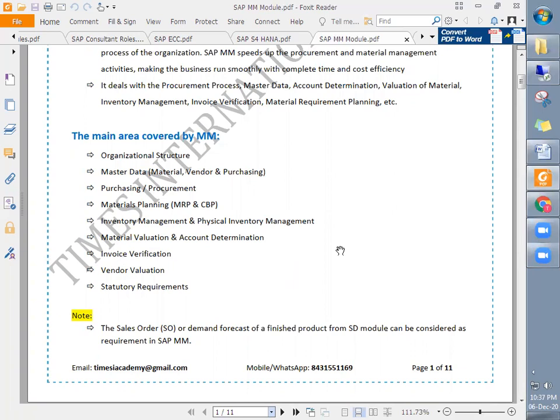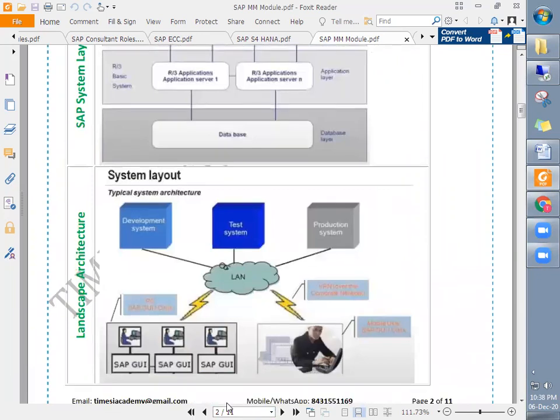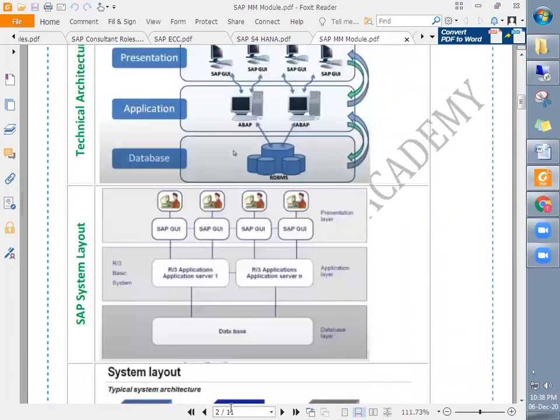In case the session ends automatically, please rejoin it. Then we will complete whatever I wanted to discuss in today's session. Total class duration will be 1.5 hours. Okay, thank you. No problem.